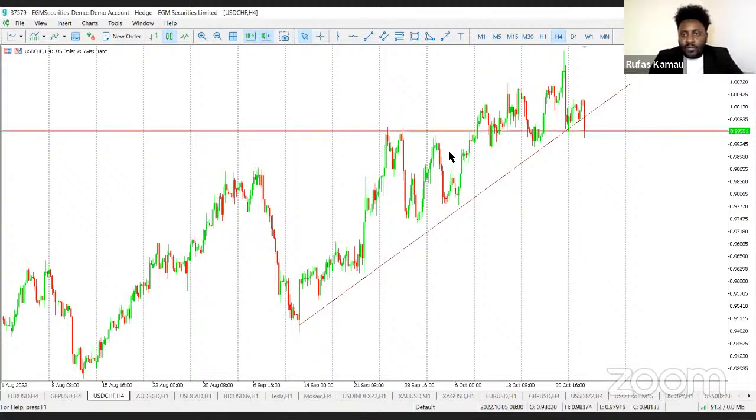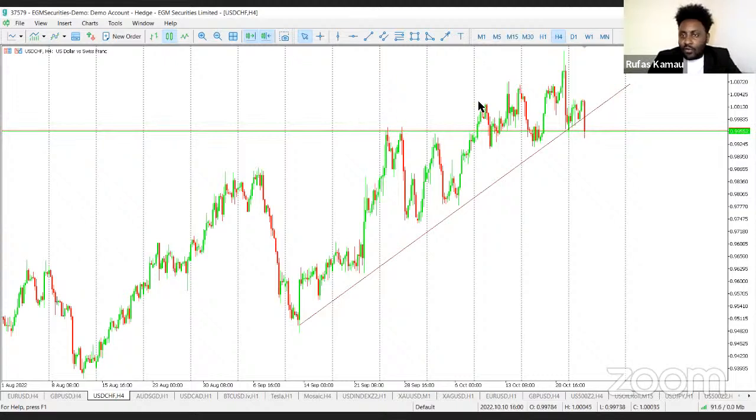So one of the main reasons that this could be happening is, one, the very strong dollar is hurting a lot of economies, and the Fed, or the Federal Reserve Bank of the US, might decide to take a step back in terms of aggressiveness in the rate hikes. In the last 3 sittings, the Federal Reserve Bank of the US has hiked interest rates by 75 basis points, and these have strengthened the dollar immensely against other currencies and also other assets, and this has caused a lot of stress in the markets.